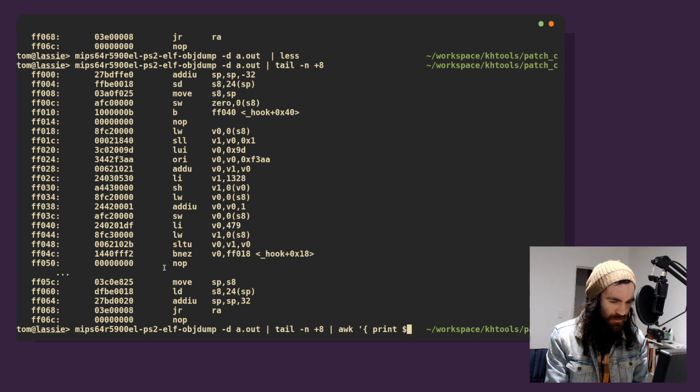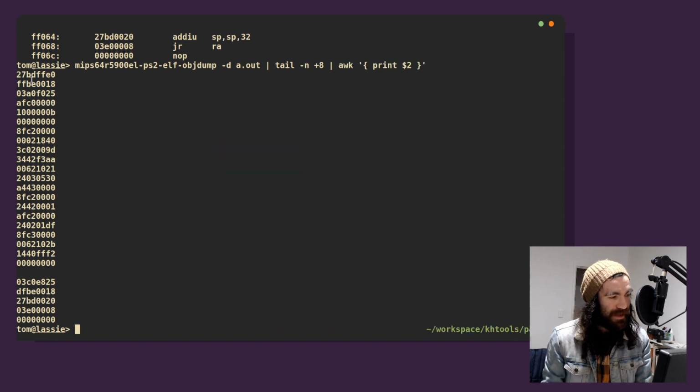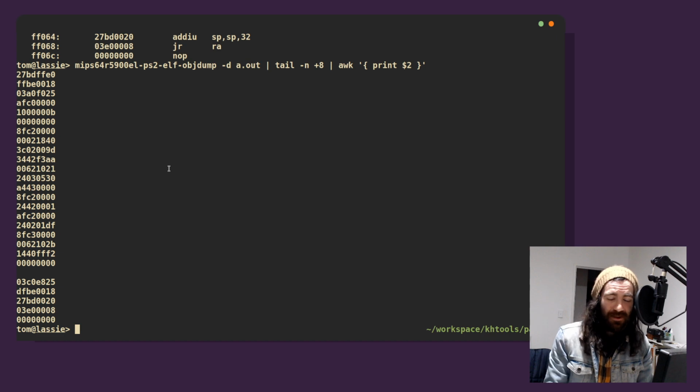We can pipe this into awk. Print 2. I think this is how we do it, right? Yeah, now these are the bytes. Now we're cooking. Here are bytes. This is the binary, right? This is the data from the binary. Now,